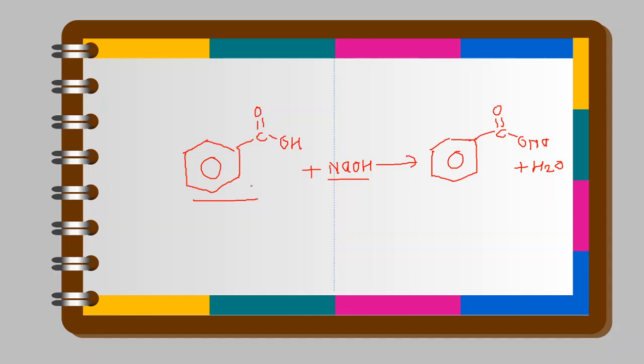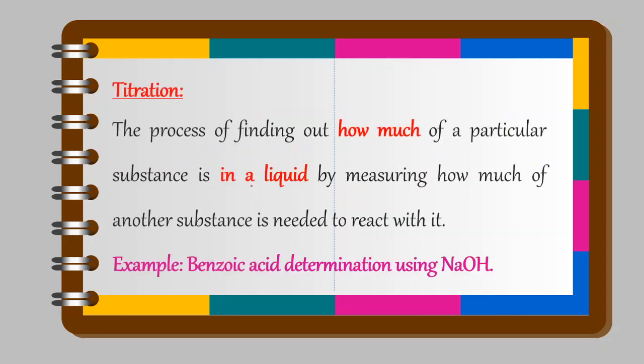And titration is not just limited to this example. There are various categories which you will come to know later on. Here we are considering only the basic terms. So what does titration mean? I hope you got it. Titration, again, is a process of finding out how much of a particular substance is in a liquid. I'm considering that benzoic acid is present in the liquid, and I'm willing to find out the amount of benzoic acid present in the liquid by using another substance, and that other substance will be NaOH. Here I'm explaining with the example of acid base titrations.